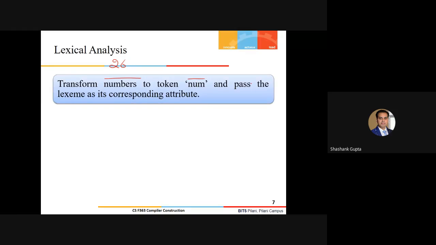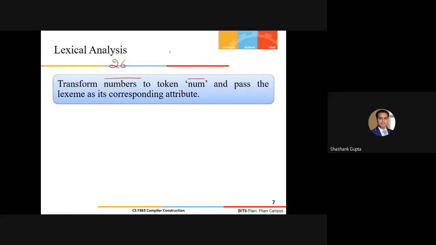And we have to pass the lexeme as its corresponding attribute to the syntax analyzer. The syntax analyzer is demanding from the lexical analyzer: don't just send me the tokens, also send me the corresponding lexemes associated with those tokens, which I'll consider as an attribute.